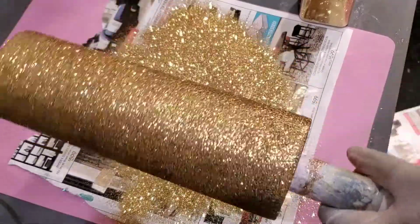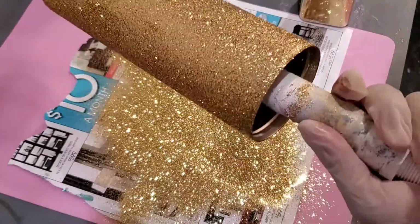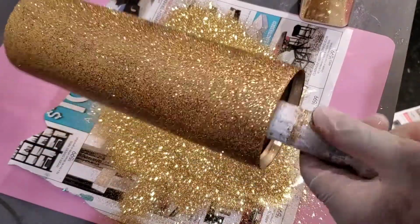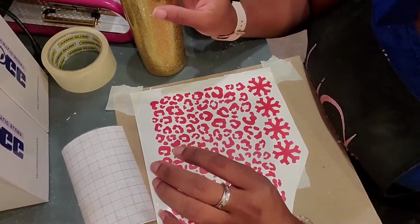And look how pretty that gold is. And now we're just going to put this on the tumbler and let it dry. And then I will do my flood so that we can go ahead and move on to the peekaboo. So until then. Okay, so here we are back